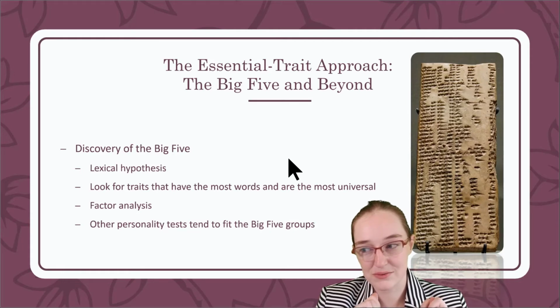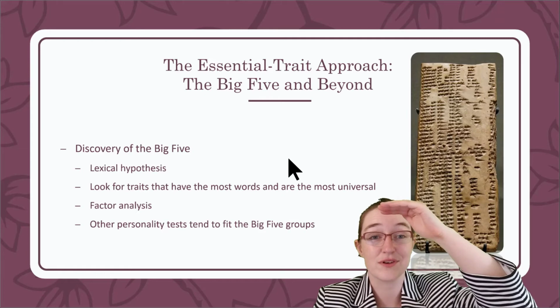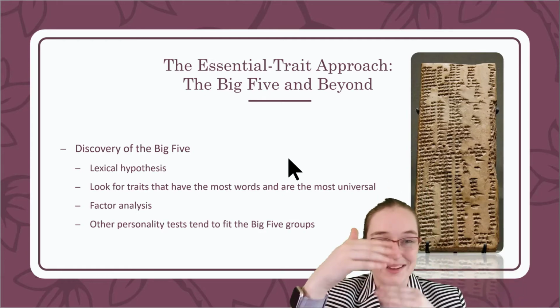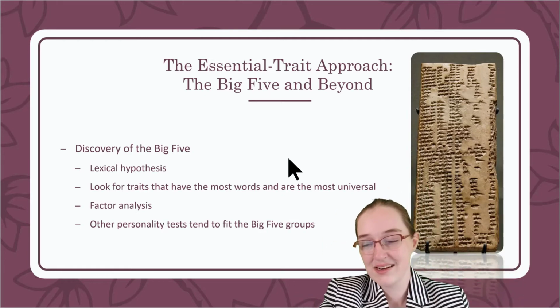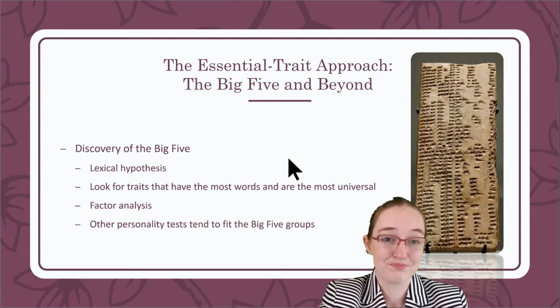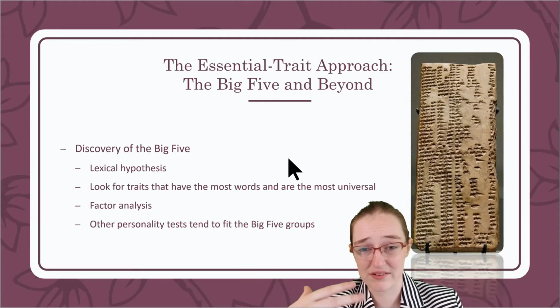So it wasn't until recently, from a technology standpoint, that you could have put every single adjective in the dictionary. So what they would have to do is take slices and see what kind of factor structure